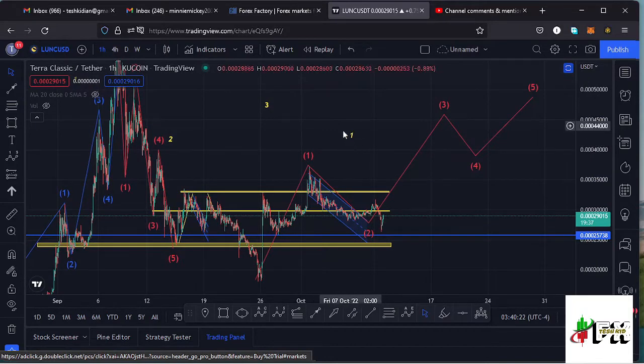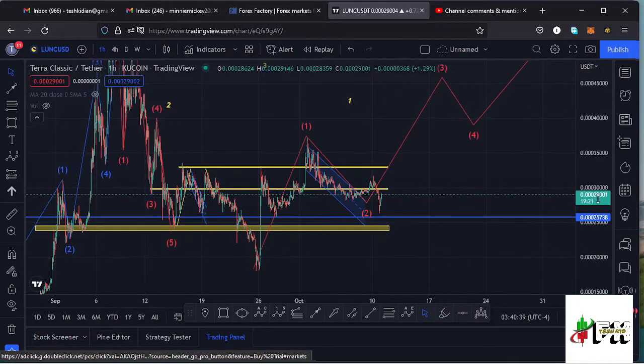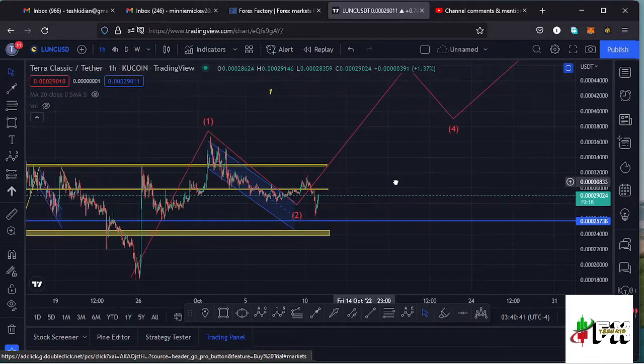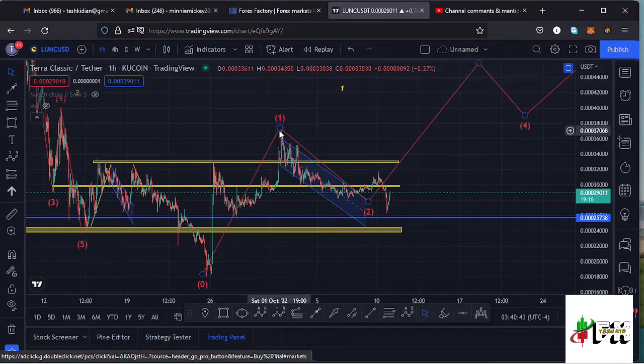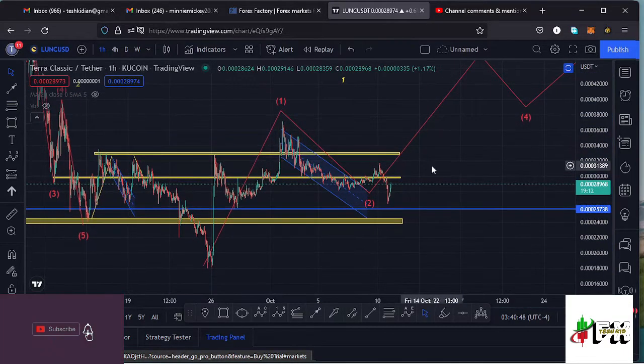And this fractal wave 1 is a fractal wave within that higher Elliott wave count 3. So after seeing the formation of a higher Elliott wave count 1, I would expect a wave 2, a wave 3, a wave 4, and then a wave 5 to complete that higher Elliott wave count 3. And getting back to the formation of this fractal wave that we are seeing over here, after making our high for that first wave to the upper side, we saw a very nice retracement to the lower side in the